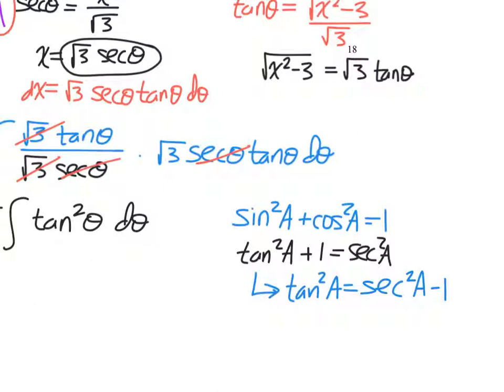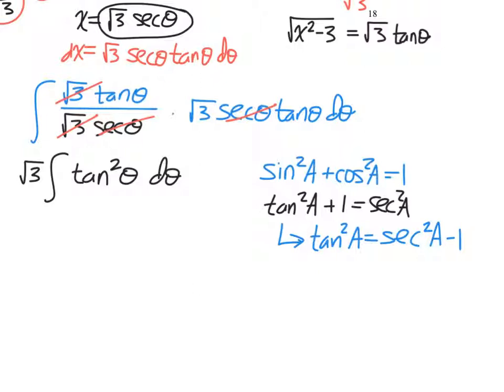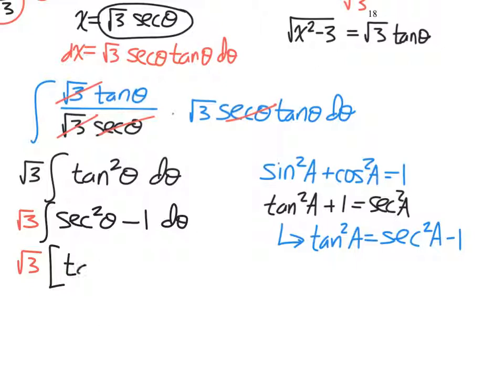So that's telling me that I can replace tangent squared theta with a secant squared theta minus 1. And what is the antiderivative of secant squared theta minus 1? Tan theta minus theta